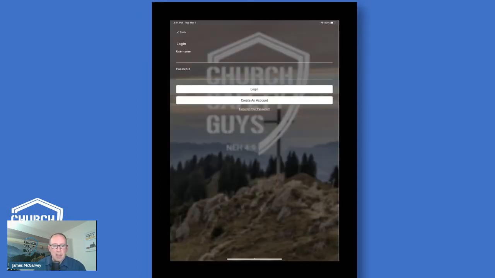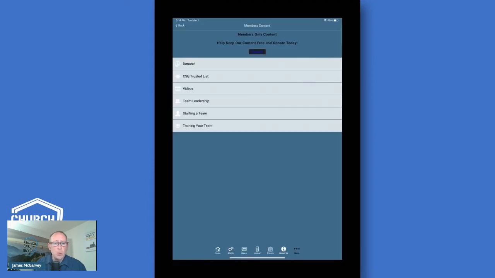So if we go to members content, if you click on that, this is the screen that you'll see here. So as I see that, it's giving me the option to either one, log in, or two, create an account. Now, if I've never created an account with this, I need to click on that and create an account. And that's pretty simple. You'll fill out an email address and give it permission, and then it'll allow you to keep going. So once this is all filled out and I'm logged in, this will be the screen that I